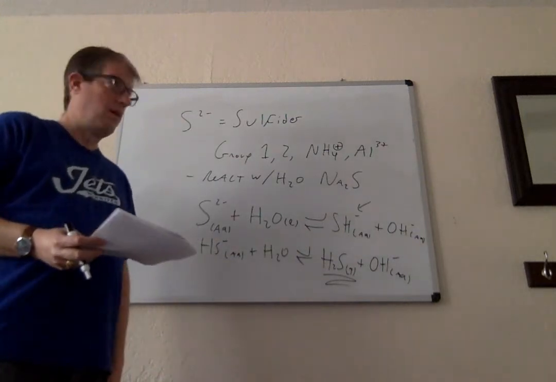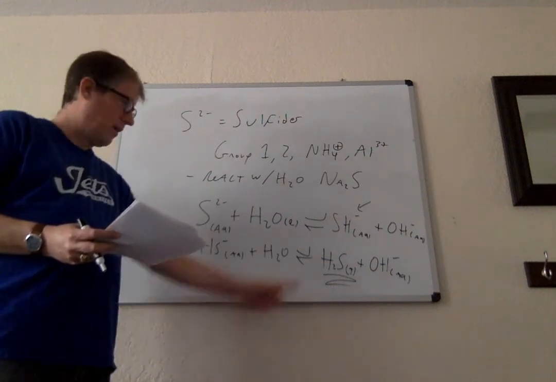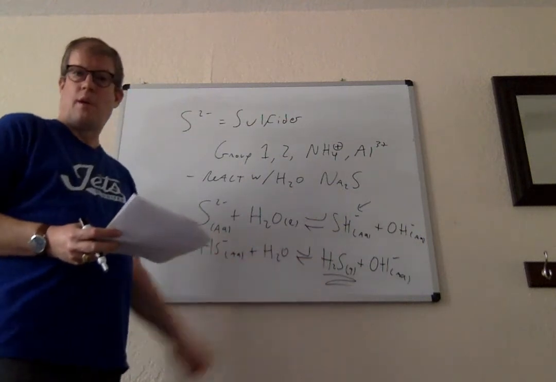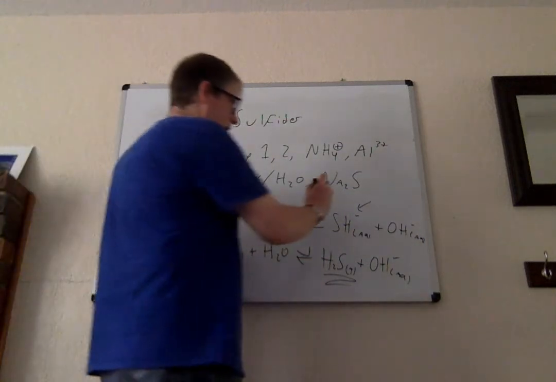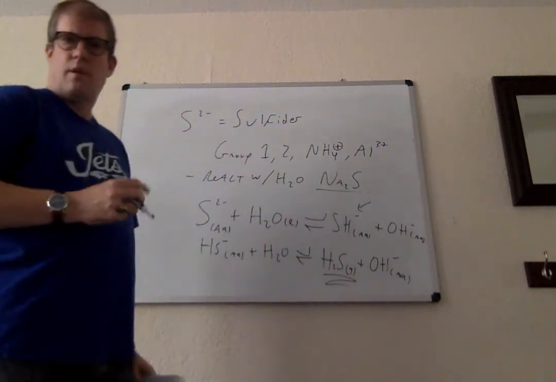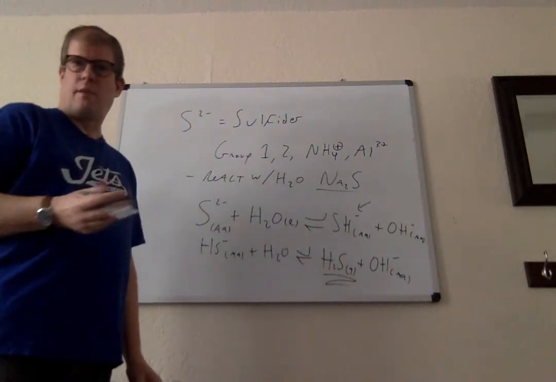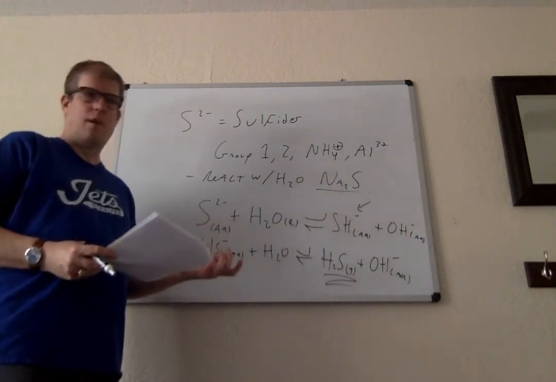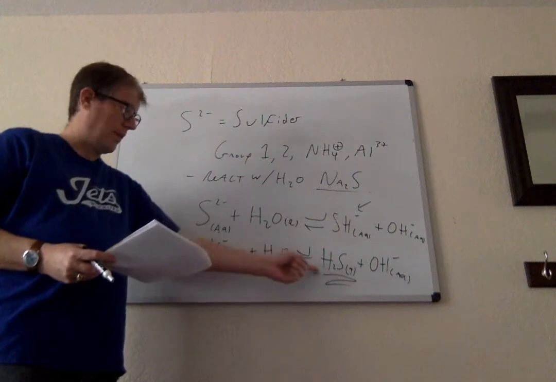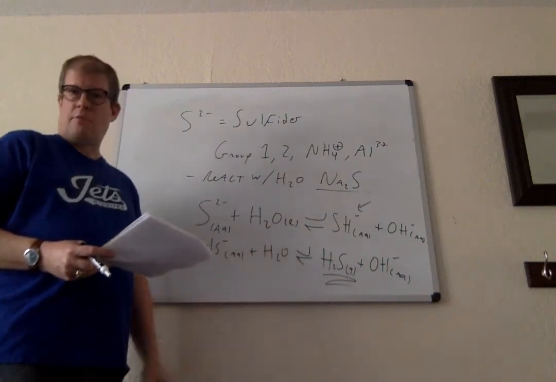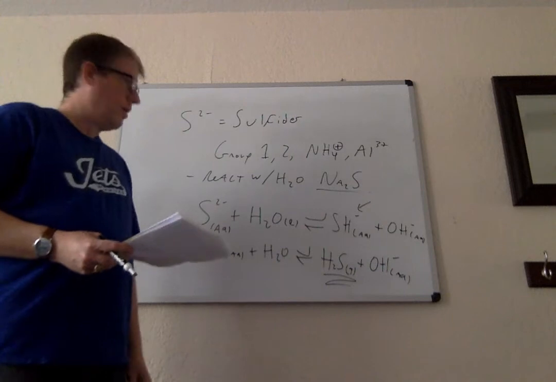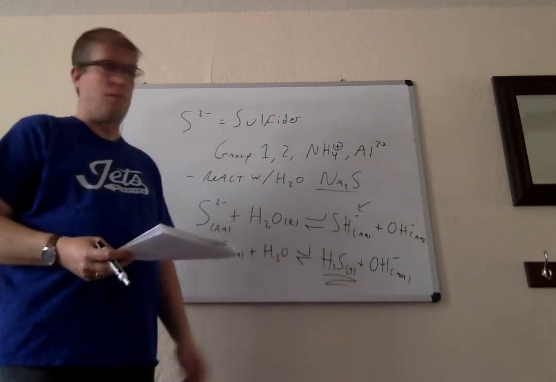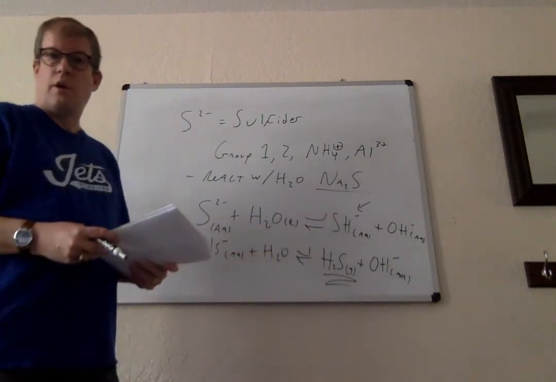Now, if you think about Le Chatelier's principle, this is a gas which has evolved out of the solution, therefore that's going to shift this equilibrium to the right. And so what you'll find is if you have a soluble salt of sulfide, so sodium sulfide, lithium sulfide, calcium sulfide, something like that, if you open up the container that contains it, there'll be a rotten egg smell, and that's this. It doesn't happen to an appreciable extent, but a lot of times what people will do to prevent a bunch of this being generated is you add some hydroxide to it. So you put a little bit of sodium hydroxide in to prevent that.